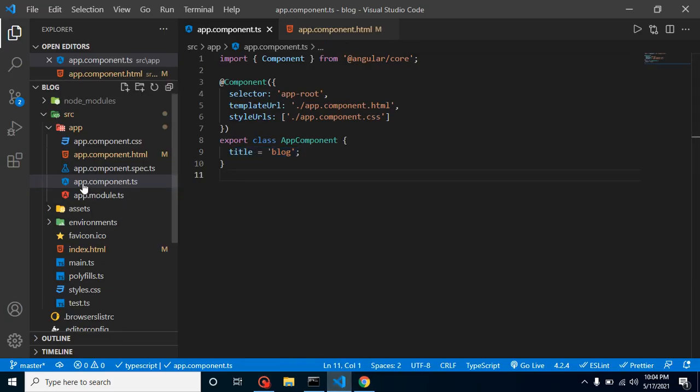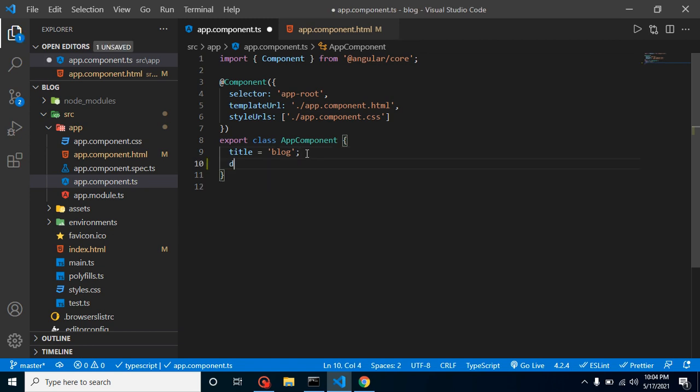See, inside app.component.ts, so I mean component.ts, it can be app, it can be abc user, whatever you want, but it should be component.ts. So we will define any property inside it, or we will define any function inside it. That will be our dynamic data, right? So for example, I'm putting here one more property here like data, and let's say hello code, right? So all these properties are dynamic.